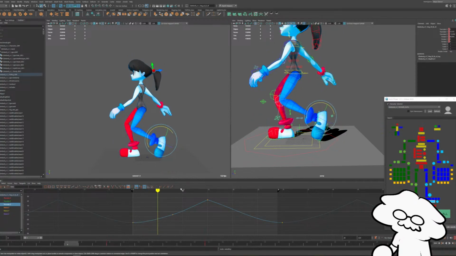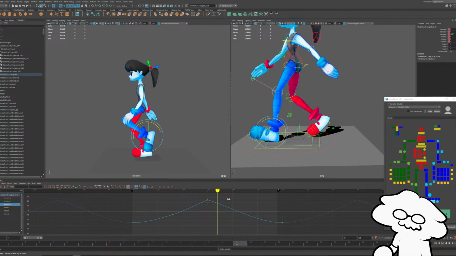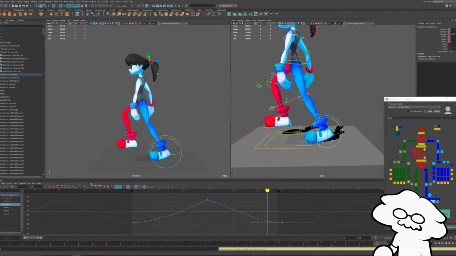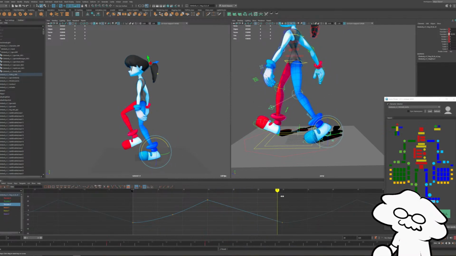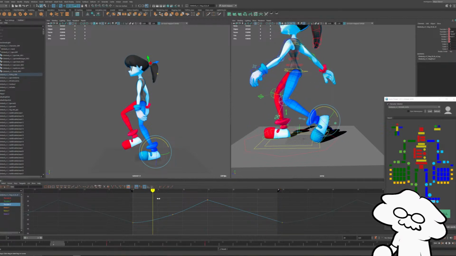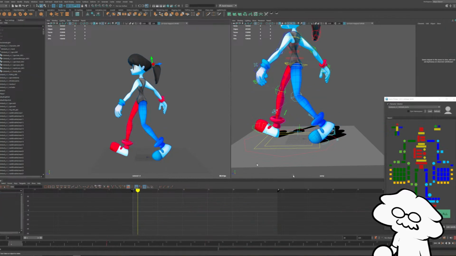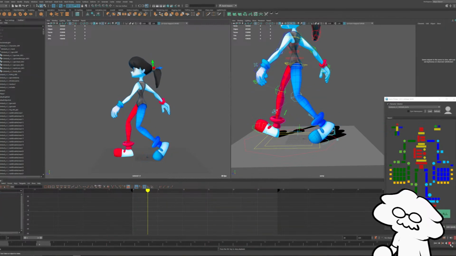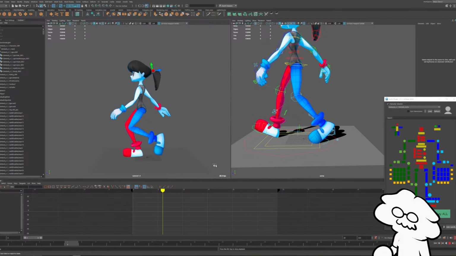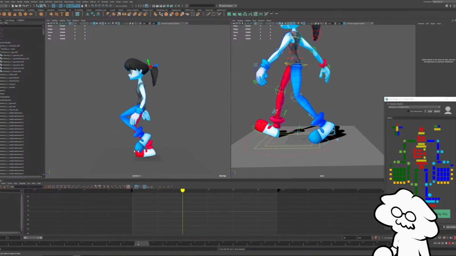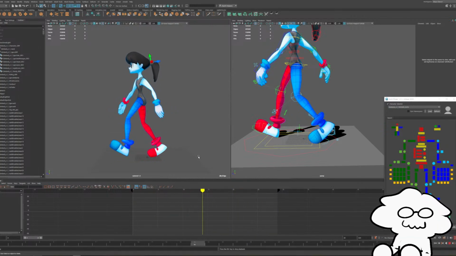Oh wait, not for that one. We want it for this side. Pretty good. So for a cycle, that will be pretty clean. It'll feel like it's sticking to the ground rather than slowing down each side.